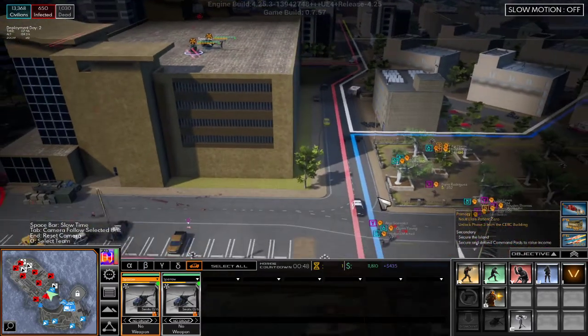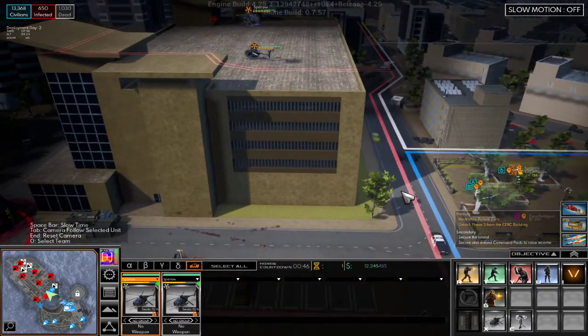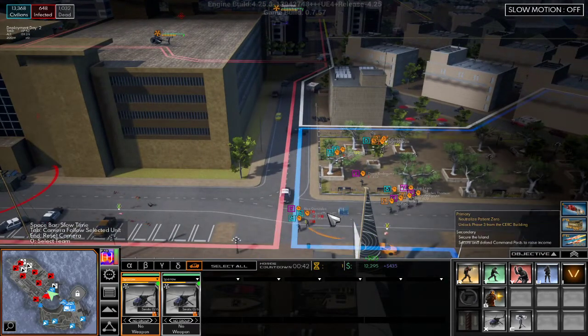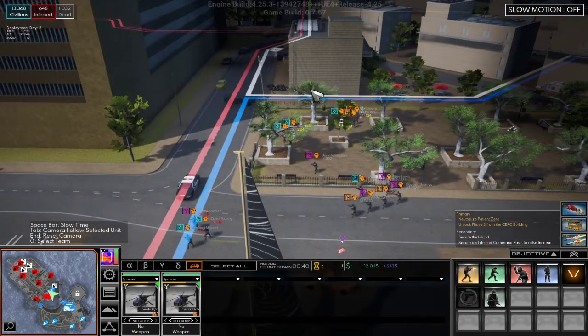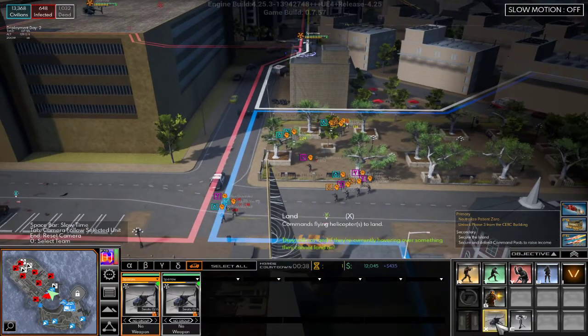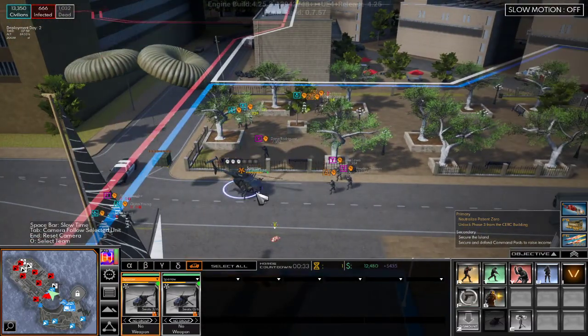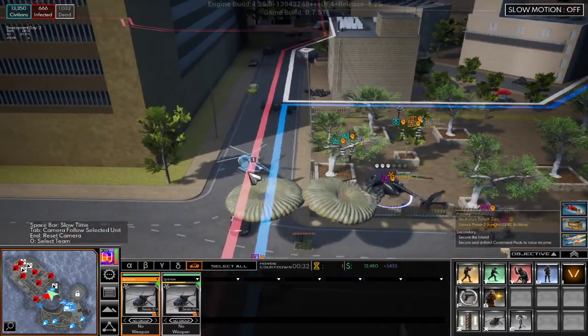Here, let me show you guys. If I grab one of these guys over here, let me actually resupply that fellow over there. And if I land the chopper, you can also right-click the chopper, and it'll come down. And if I pull it over here,